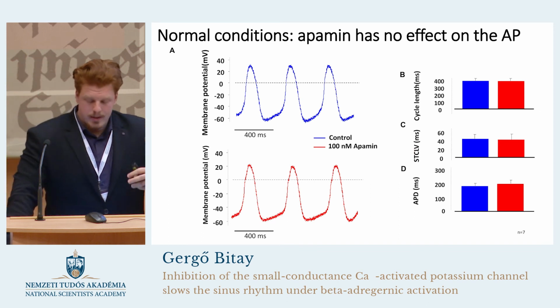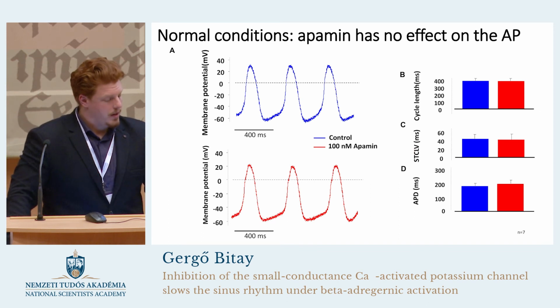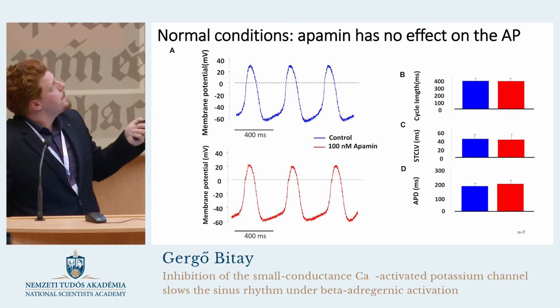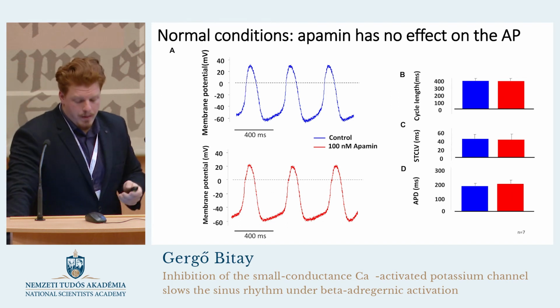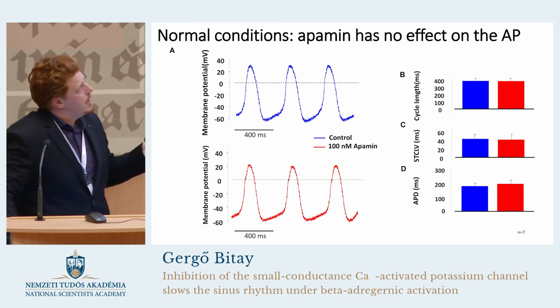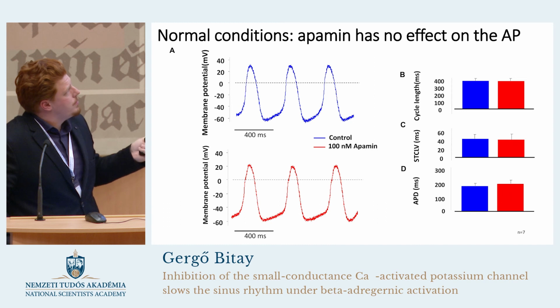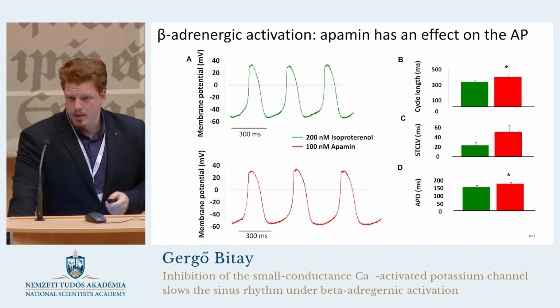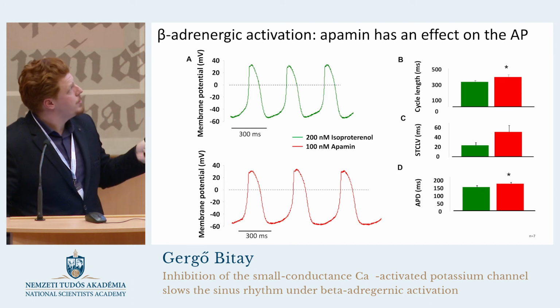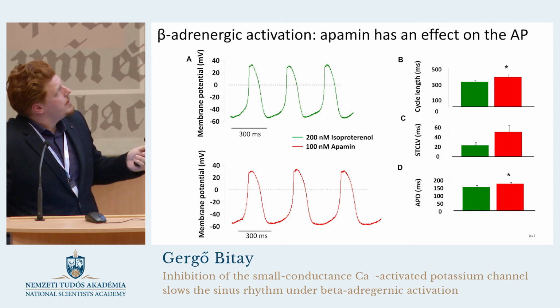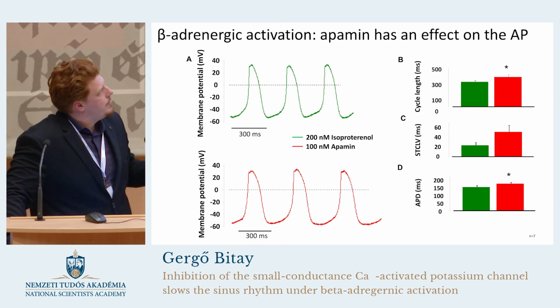We also looked at this channel in a functional way, so these are action potential measurements from spontaneously contracting isolated sinus node cells. As you can see, under normal conditions, when we added apamine, this inhibitor of the current, there were no significant changes in the cycle length, the variability, or the action potential duration. So everything basically stayed the same. But when we had an increased intracellular calcium level with isoproterenol, after we administered apamine, there was a significant increase in the cycle length, so the time it takes between each action potential,